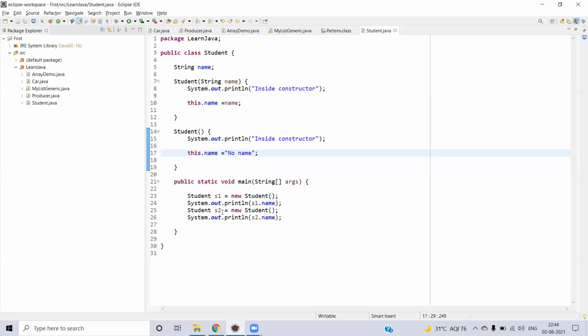So by this, we can understand there may be different types of constructors you can have. However, we will see at a later stage what overloading and overriding are. But as of now, you can consider you can have different constructors as well. Another point to be noted: as soon as you create a parameterized constructor, or you have your own implementation of the constructor with no arguments, the Java-provided constructor will not come into picture.